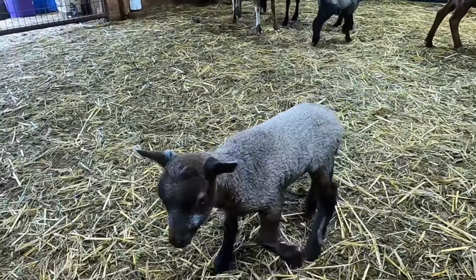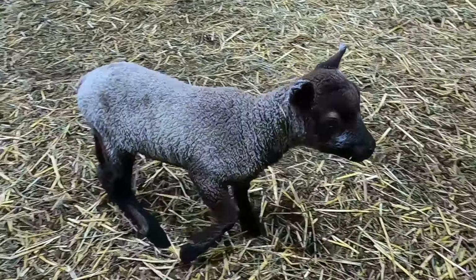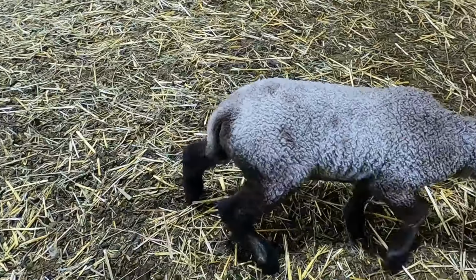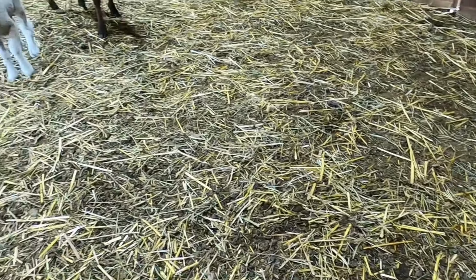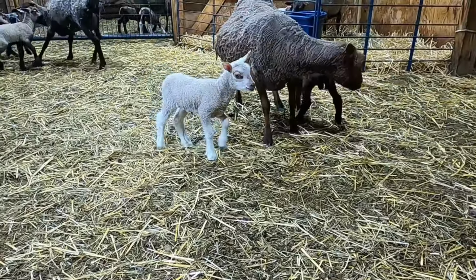The white ewe, she's lovely. I'm sure she'll be terrific. I don't see any issues with her right now. Let's take a quick look at the